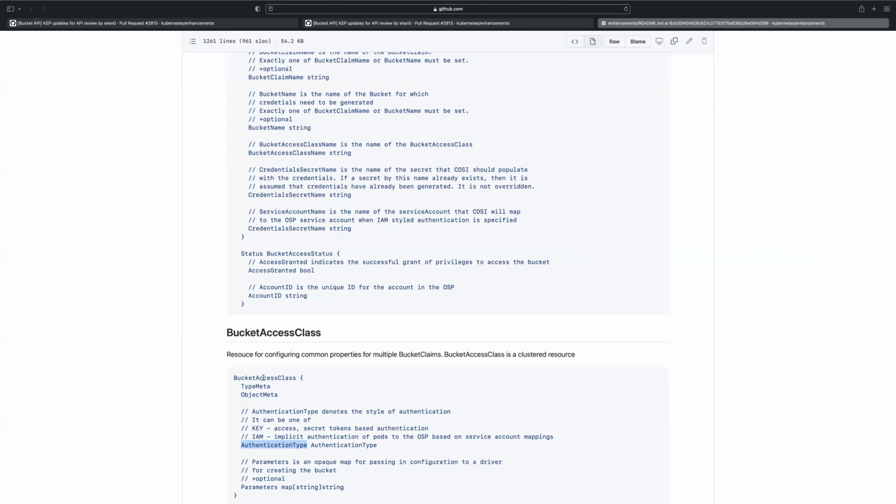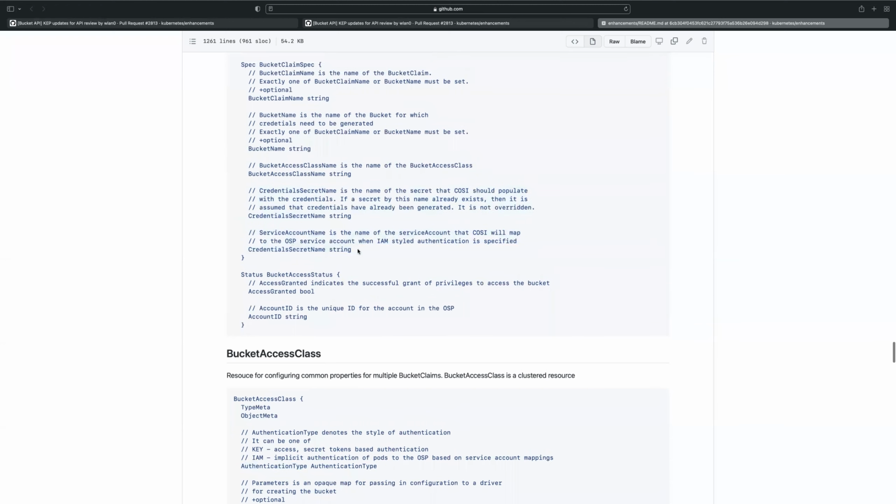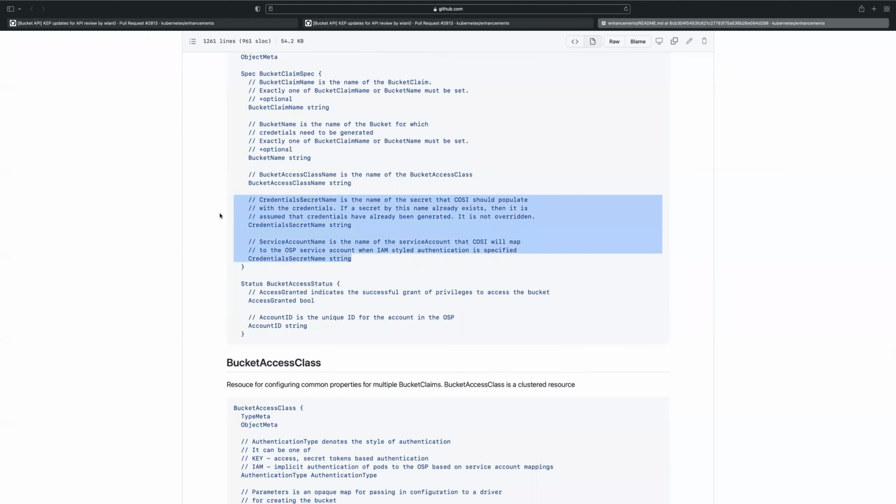This is a field that's populated by the controller, isn't it? It's the actual credential. Oh, I'm talking about these two fields. Sorry, I don't have my phone in front of me. Oh, credential secret name and credential service account name. Oh, right. So, yes, I had hoped that the controller could fill all this stuff in, but for reasons you explained, the user has to fill those in.